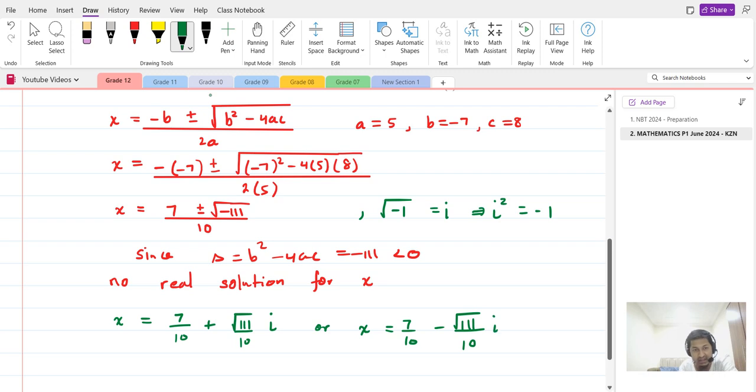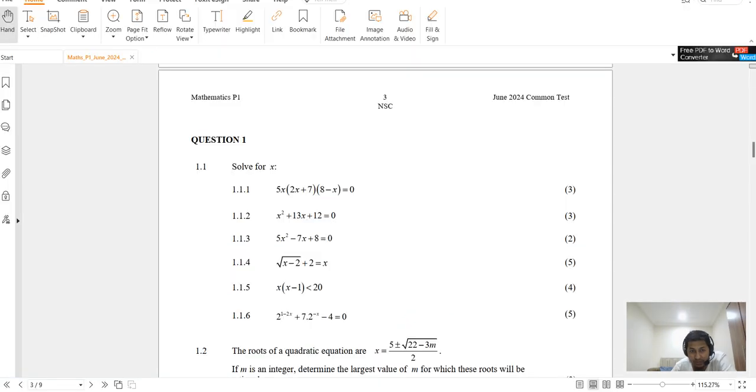You know what i is? i is the square root of minus 1. Anyways, we should write no real solution for x. You should be fine there. Continuing with our problem